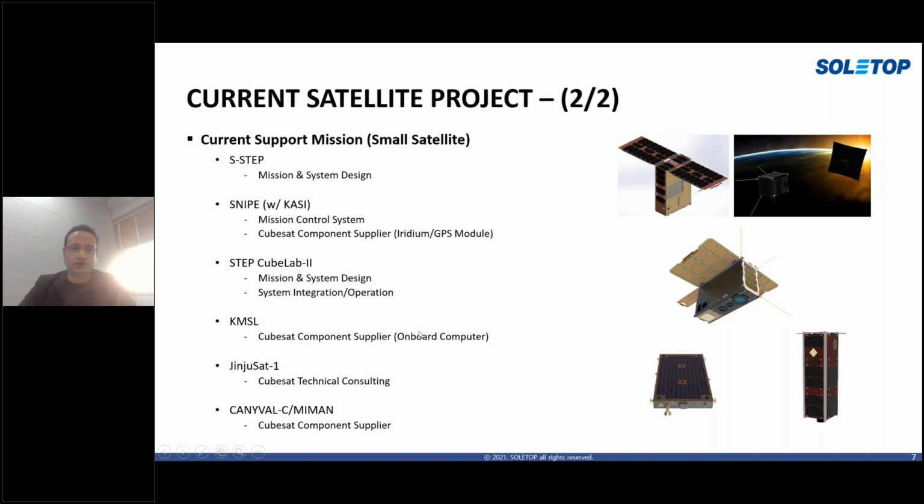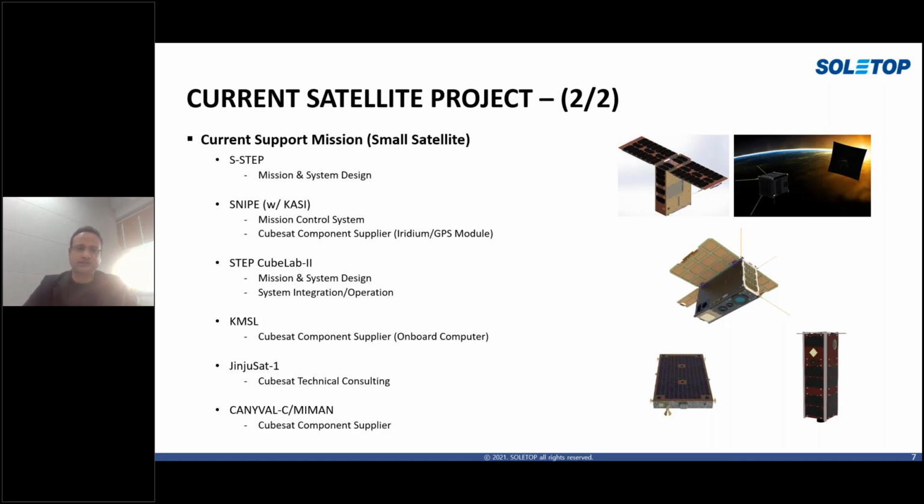StepCube Lab 2, this is another project coming up from Soletop with local collaboration here in Korea. We would do the mission system design and system integration as well. Going ahead, we have KMSL. This is one of the government organizations we are working with, and we will supply them a CubeSat component, an onboard